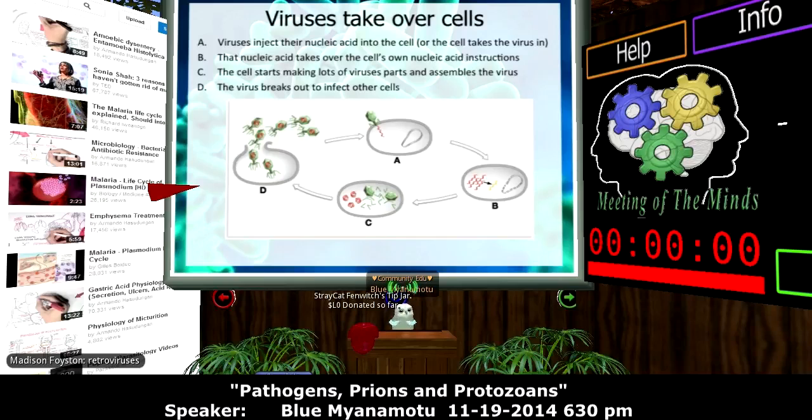One thing, remember I talked about how DNA is very different from RNA? The reason why that's kind of important is that viruses that have RNA have a tendency to mutate. So